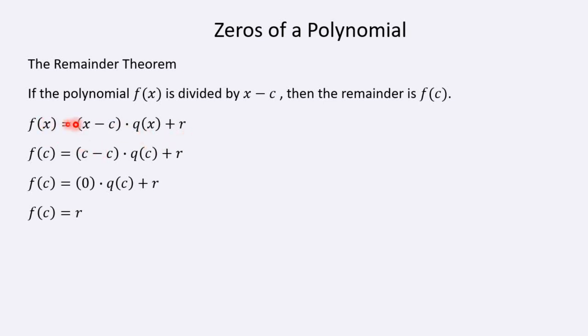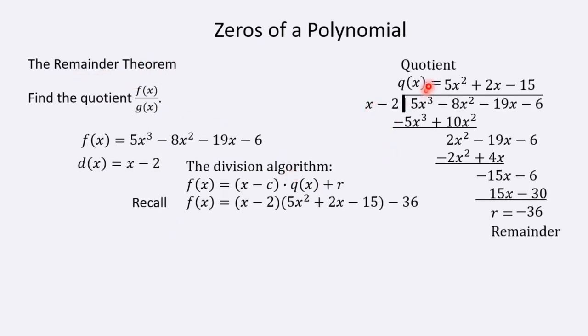If we plug c into this form, the division algorithm, then we get that f of c is equal to r, the remainder. And that is the remainder theorem. So basically, if we look back at what we did earlier, we can recall that we wrote f of x this way for the original division, when we divided f of x by x minus 2. If we plug 2 in for x, because this is x minus 2, we will get